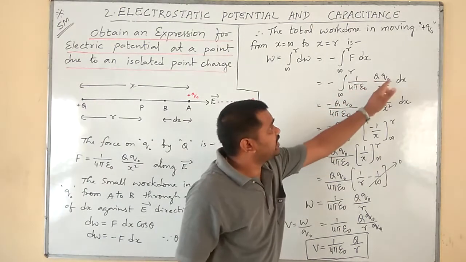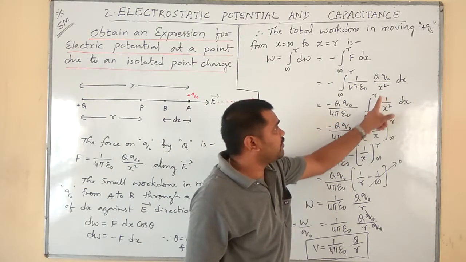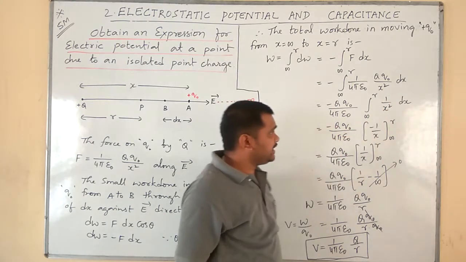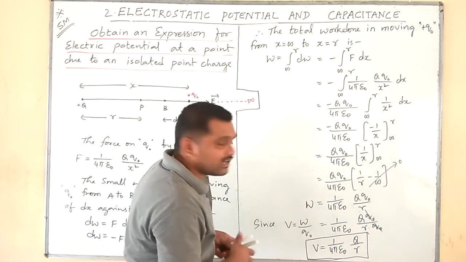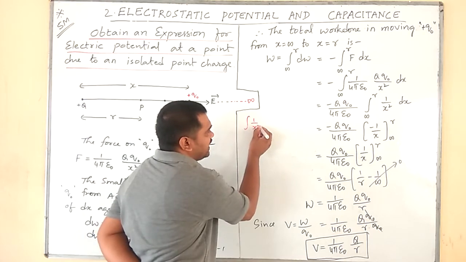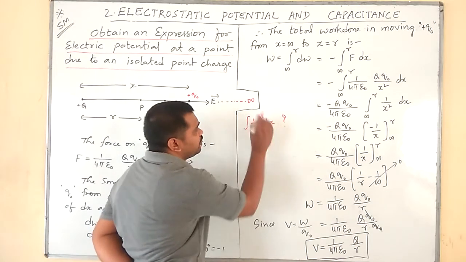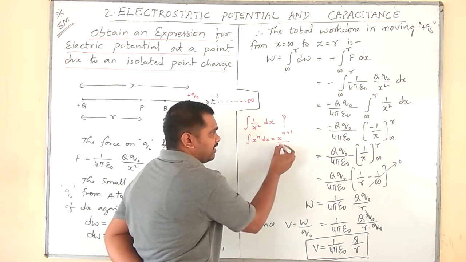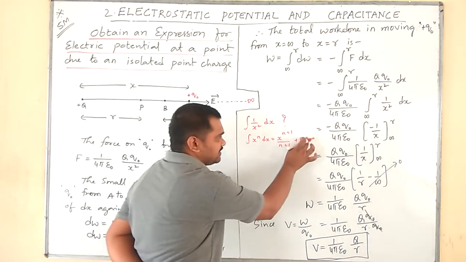Next, all these quantities are constants except x. Therefore, I have taken them out and I wrote only 1 divided by x square within that integration symbol. The integration of 1 over x square is minus 1 by x. So that is according to your integration mathematics. See, I will tell you how. Integral of 1 over x square dx is question mark, isn't it? Make this, and you know this formula. Integration of x power n dx is equal to x power n plus 1 divided by n plus 1 plus some constant. Okay, see, I don't take that constant here.